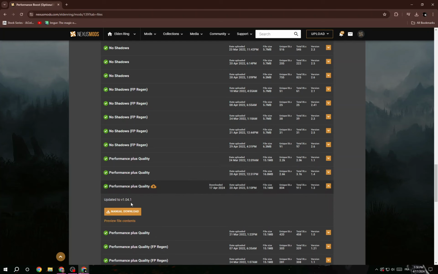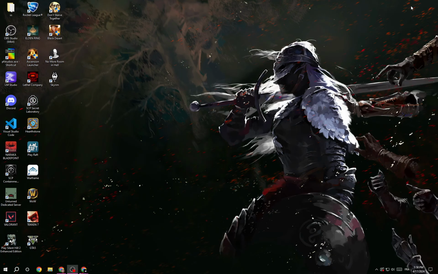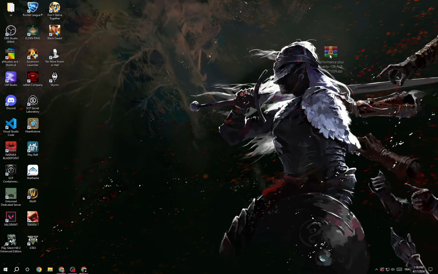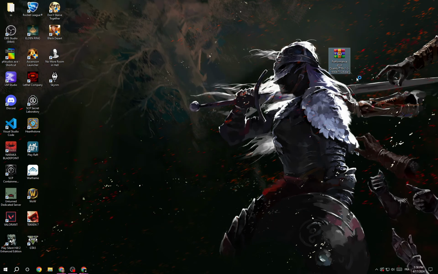So just download it, update it. This update, make sure to download this one. And if you can't download it, it means that you need to log in to the website, so you can't download it before you get into your account on this website. And that's it. Log in and then download this mod and then bring it here to your desktop, and after that right click and extract it,